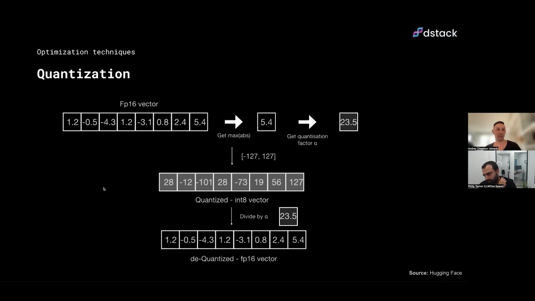So the quantization technique allows us to transform the weights into a lower precision. For example, instead of float 32, transform them to float 16, or even to int 8 or int 4. This is a super powerful technique because by doing that, pretty much without affecting the quality of the model, you can reduce the size of the model, basically 4 times for one precision.